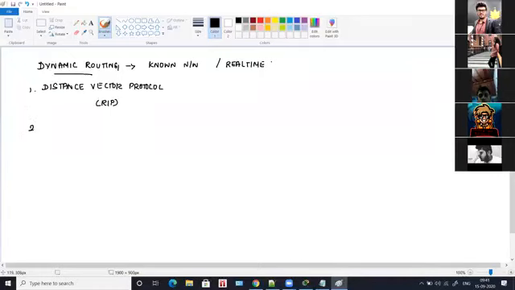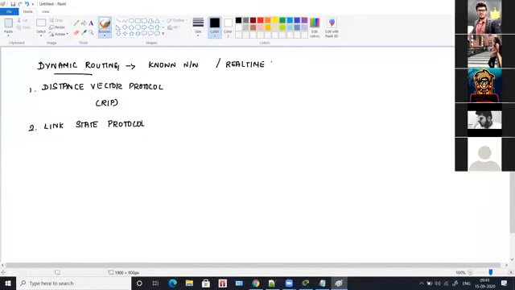The second one is link state protocol, and in link state protocol, you have OSPF. The third one is advanced distance vector protocol, and in that you have EIGRP.